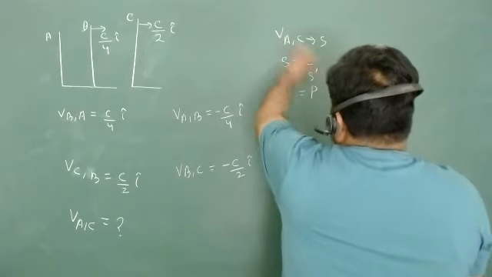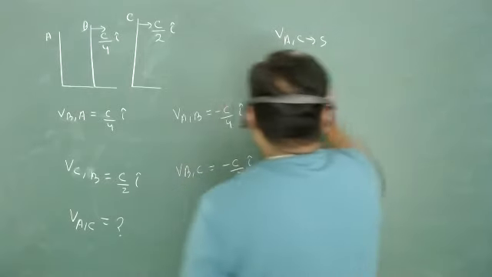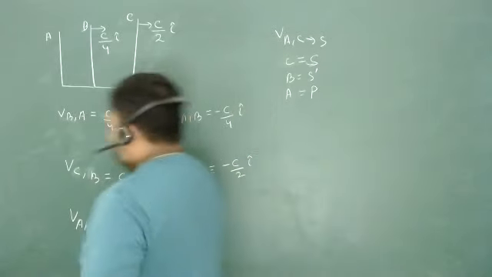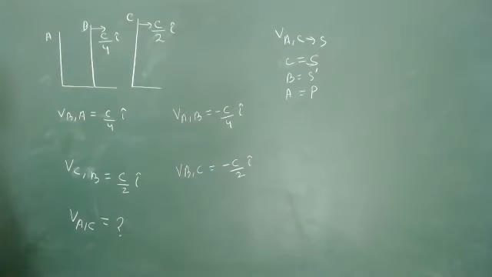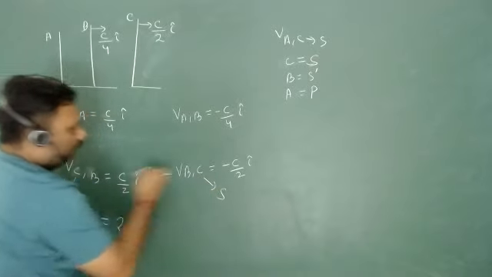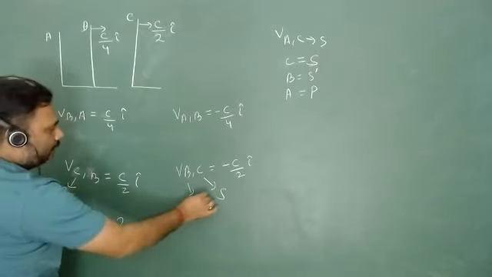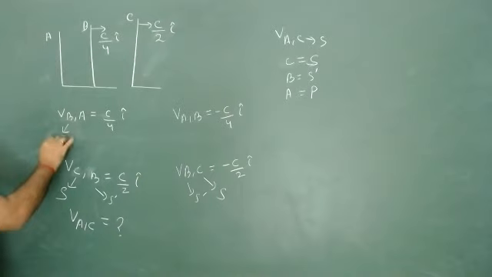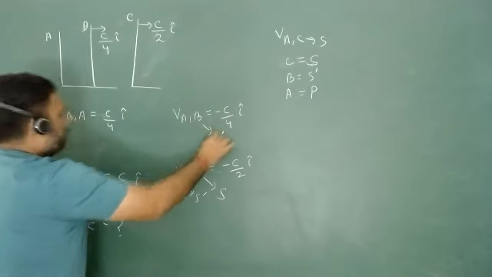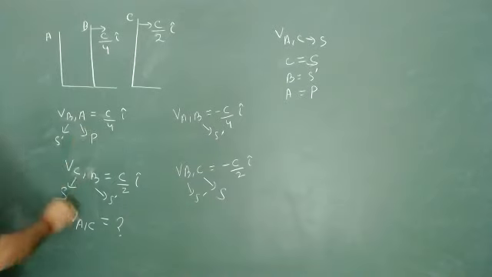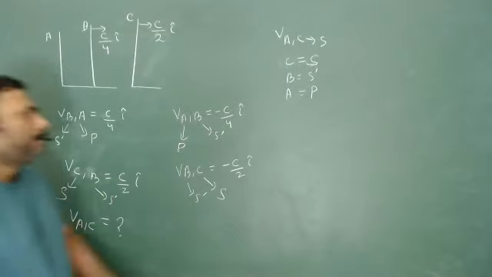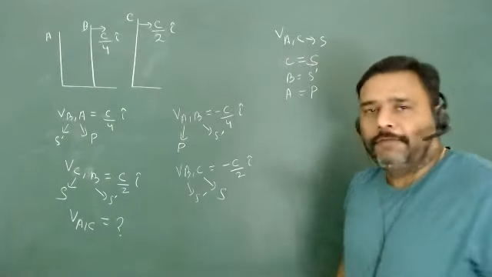So again, I will put all my notation. C is equivalent to S. S dash, particle. Okay. What is my S frame? C is my S frame. B is my S dash. You will see S dash will come into all four. So B is my S dash. A is my particle. Notation completed.